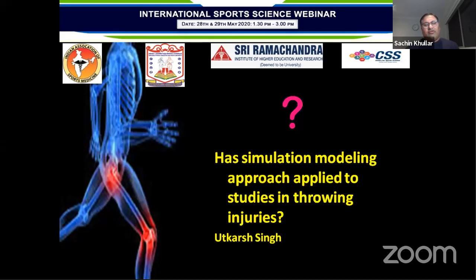When you talk about simulation modeling in throwing injuries, I think it all comes down to assessing what's going on in the labs. There have been so many studies in throwing injuries, specifically with that simulation. The challenge is how you put that practice onto the field. But the short answer to your question is yes. Again, how do you exactly measure on the field when there are so many other factors going on